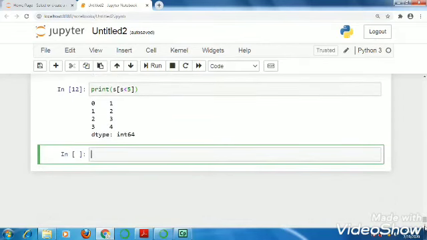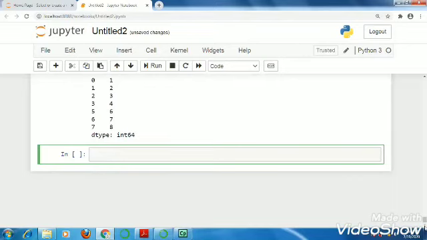So let's see this. Suppose I write print s.drop, and I want to drop the element at index 4. So it will give you like this: 0, 1, 2, 3, 5, 6 and 7.